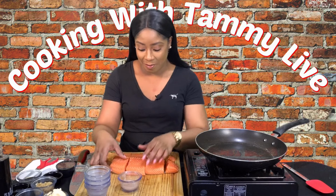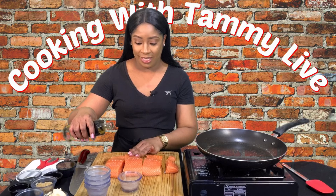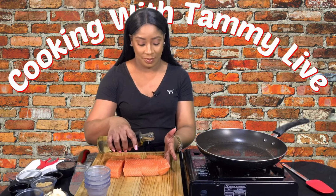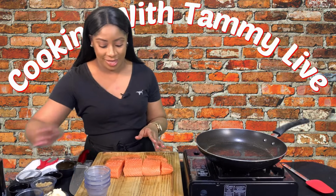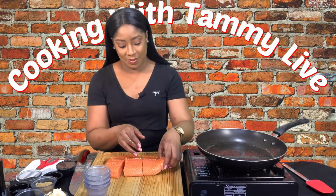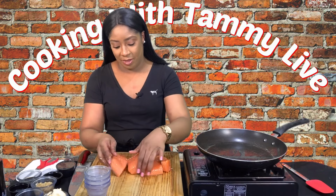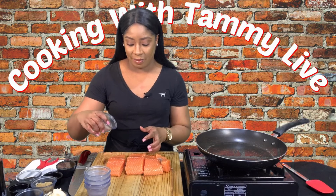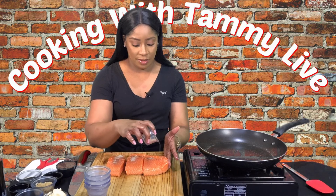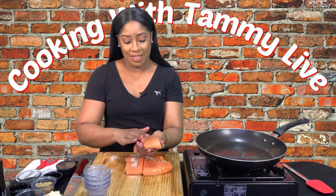All right, the seasonings are combined, so what we're gonna do next is we're gonna take some oil, just a little bit of olive oil, not too much, and we're gonna drizzle it on, just like that. Rub it in. Front and back. And we are gonna take some of our seasoning mix and we're gonna add it on top of the fish and season it really good. Just rub it in,